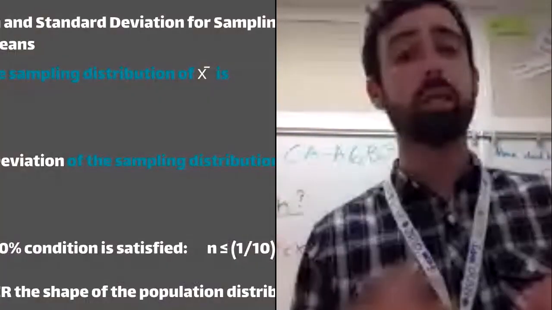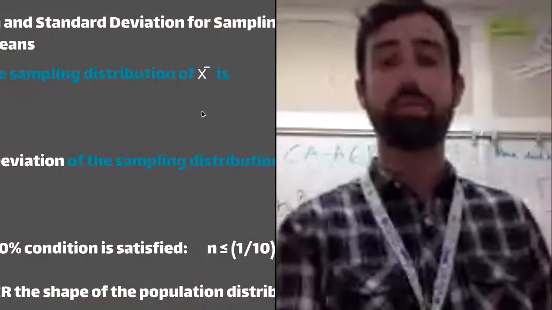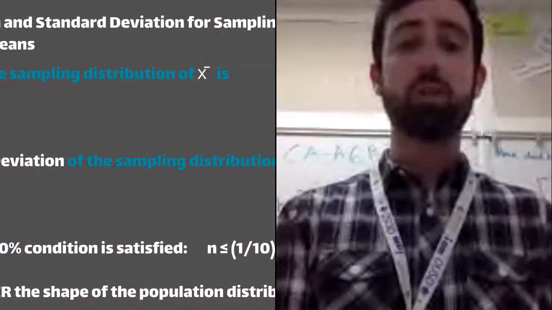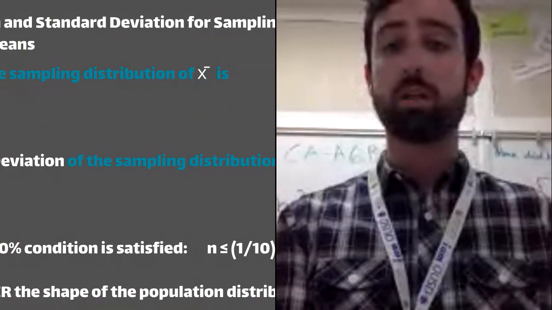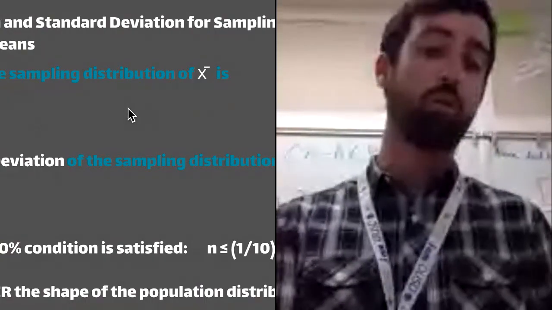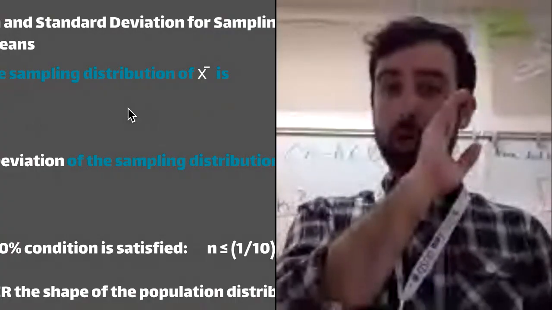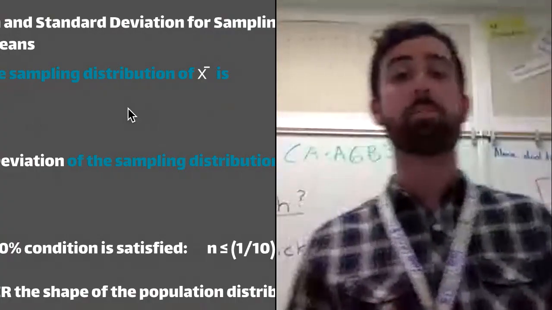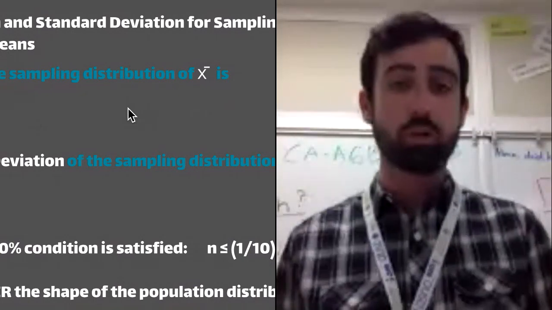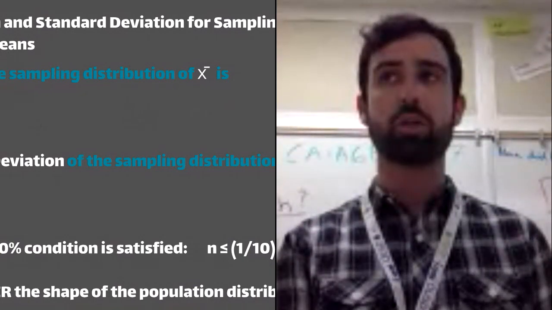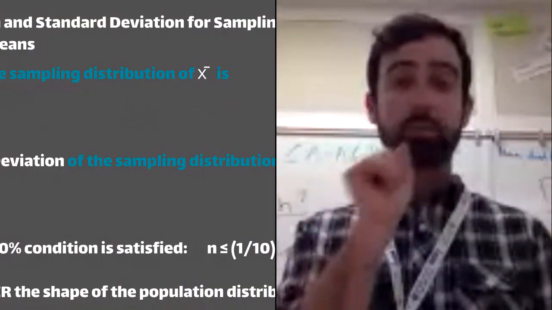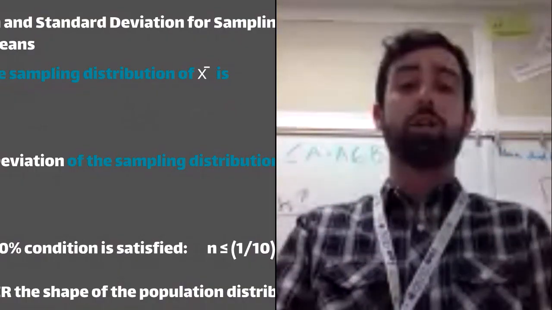Okay, so we talked a little bit about the spread being a specific number. Well, we can actually find that. So if you look here, we have 1 measure of center and 1 measure of spread. At the top, we have the mean of a sampling distribution of X bar. Again, you really want to make sure you write the notation correctly: mu sub X bar is going to equal the true average of